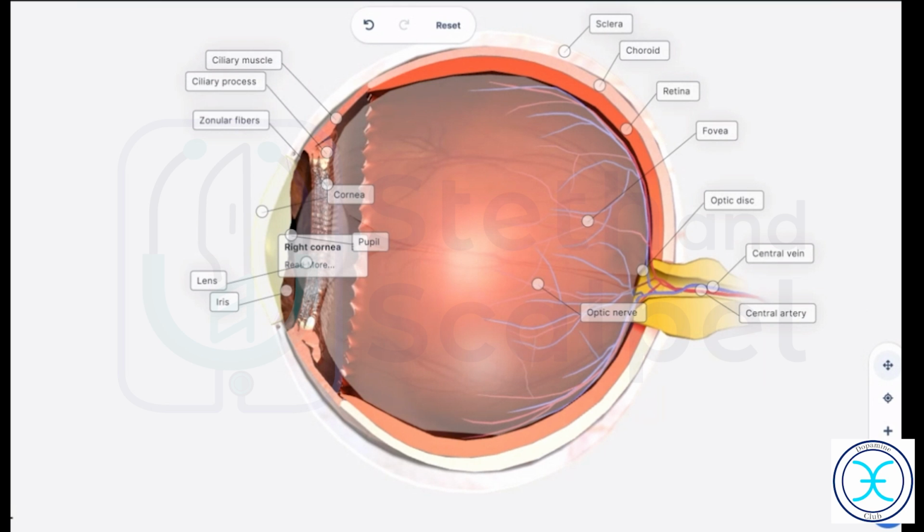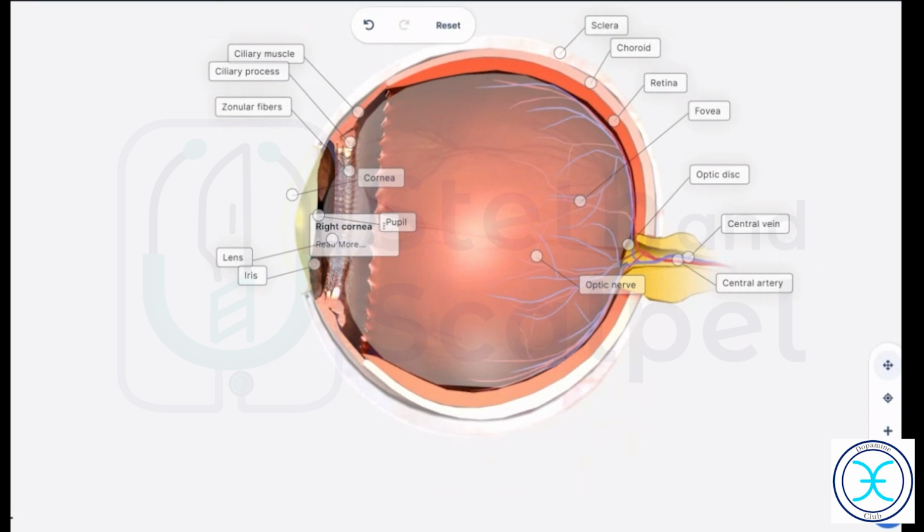So, if you know the pathology of each of these regions in specific, that would cover about 60 to 70% of the portions. The rest 30% of the portions will be the systemic diseases and other diseases which affect the eyes indirectly, like how diabetes, hypertension, then thyroid disease, all of those affect the eye. So, that will be the rest part of ophthalmology. So, we'll begin our actual session. This was just an orientation or introduction to get ourselves familiar with the different regions of the eye.